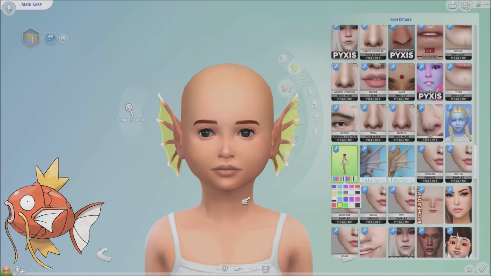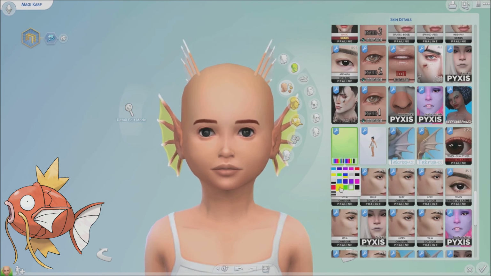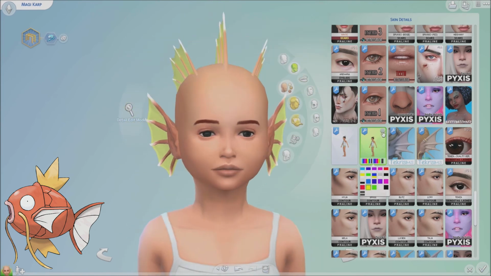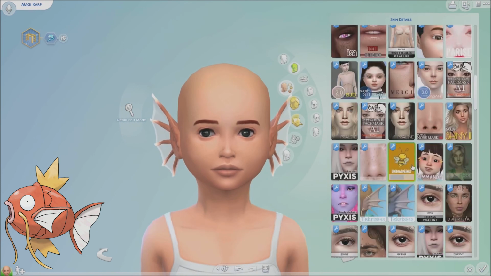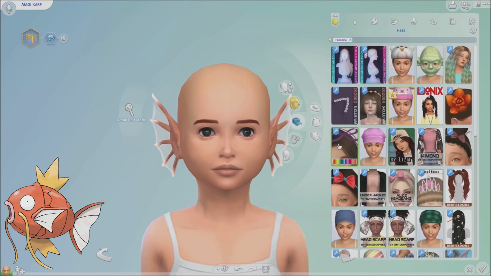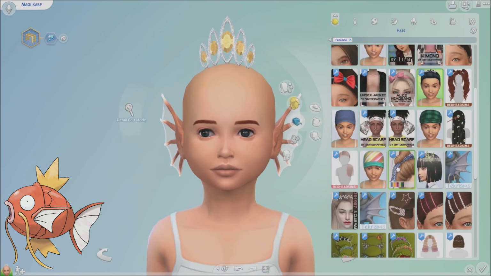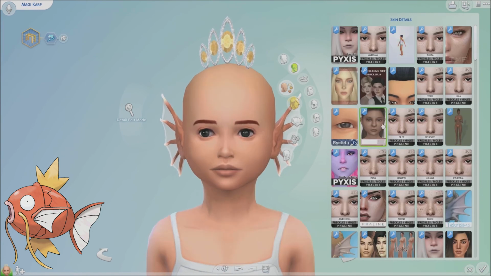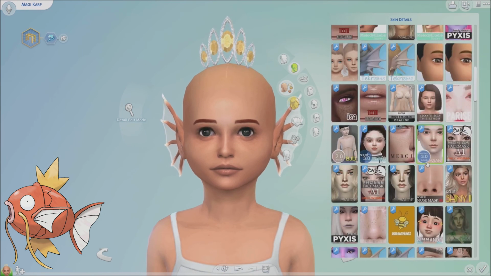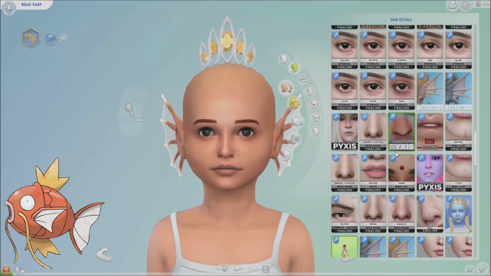And this one is Magikarp, and I thought it was fitting to have Magikarp as a child because, not to say all children are weak, but they tend to be weaker than adults. And Magikarp is known as one of the weakest, if not the weakest, of all the Pokemon. It can't really do a whole lot other than splash and jump around, but it turns into one of the strongest Pokemon there,